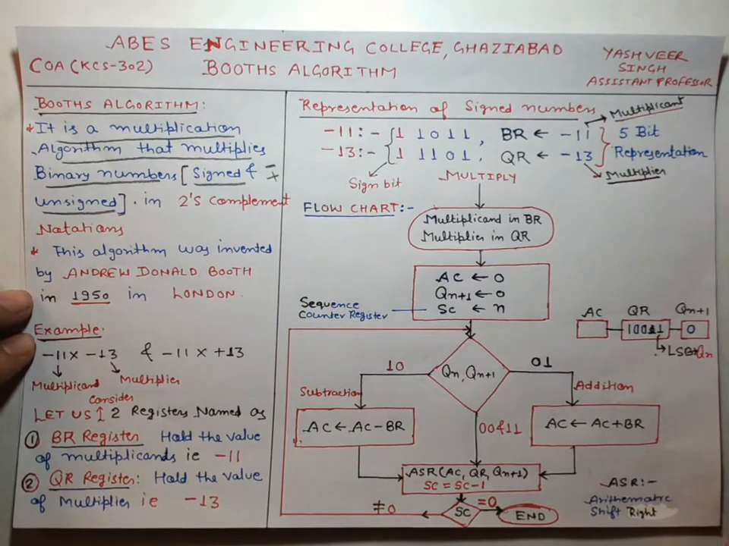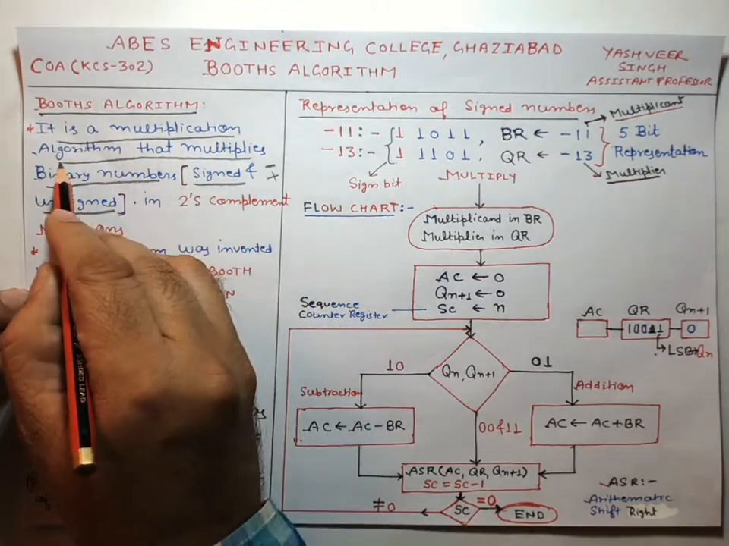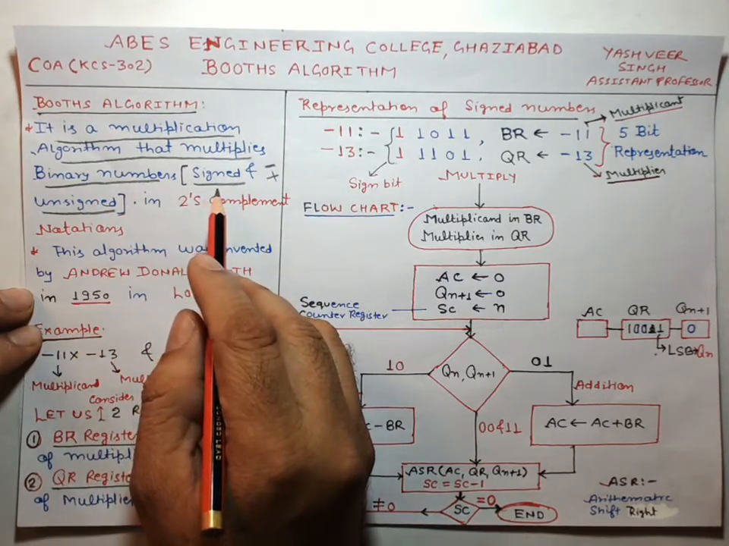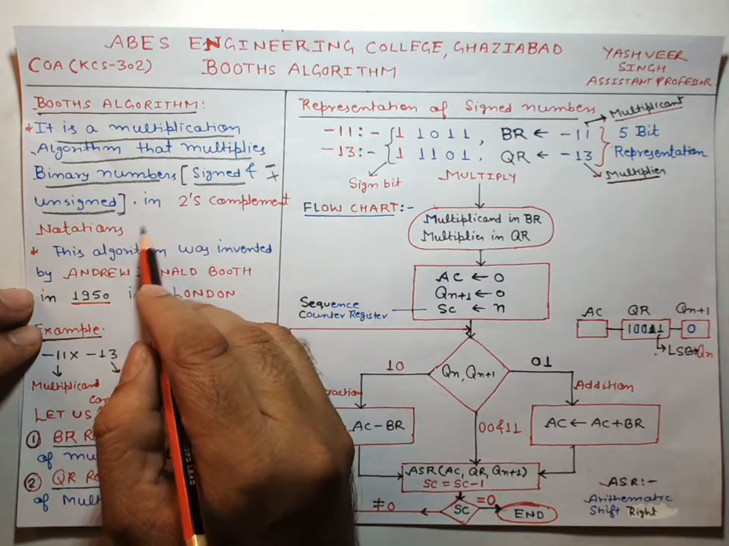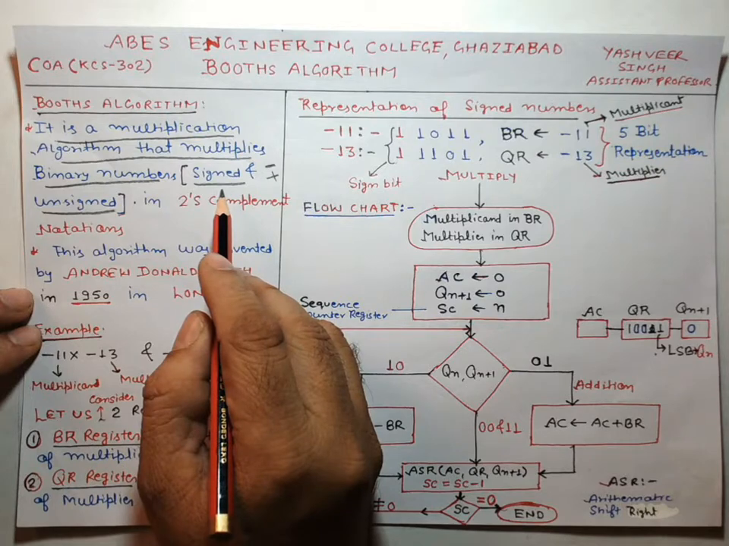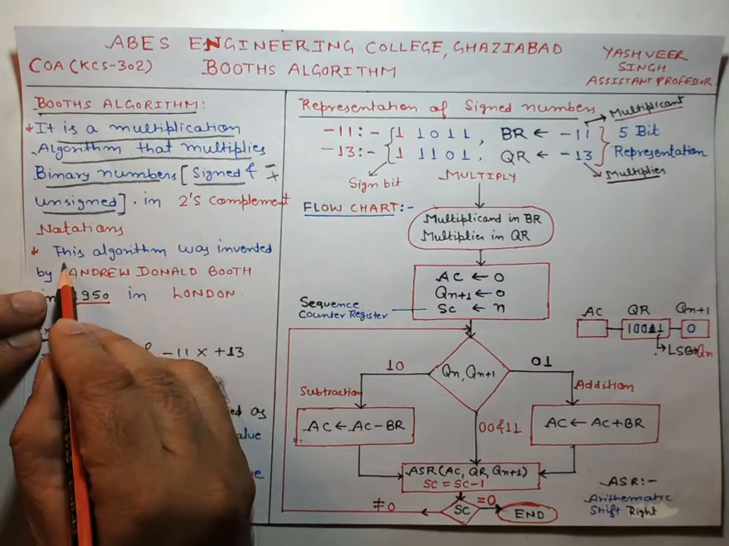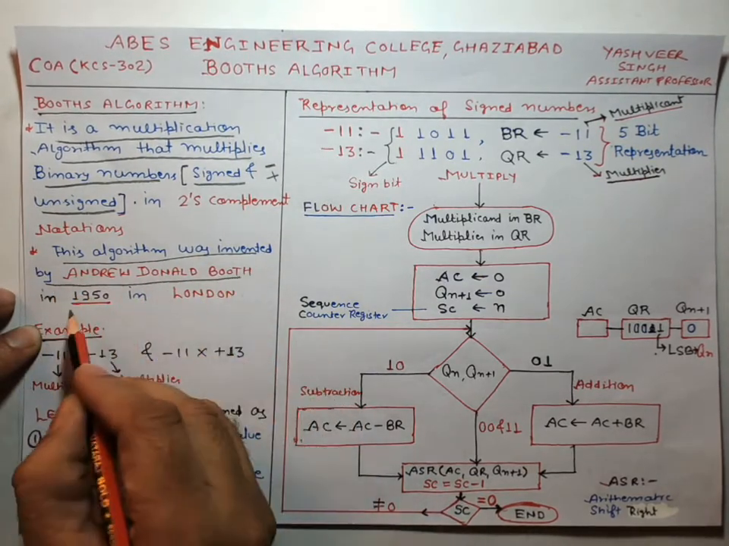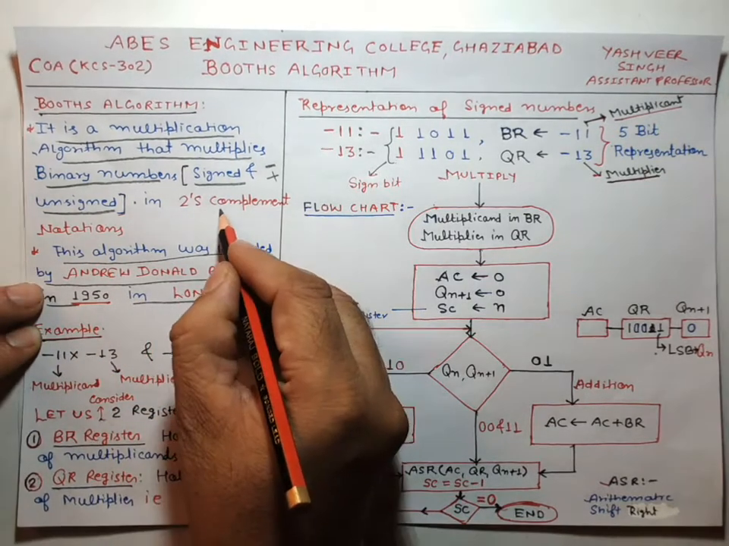First of all, I want to tell you what the Booth algorithm is. It is a multiplication algorithm that multiplies binary numbers, which could be signed or unsigned numbers, in the form of complement notation. Signed numbers can be represented as positive and negative numbers. This algorithm was invented by Andrew Donald Booth in 1950 in London. Here, 2's complement means